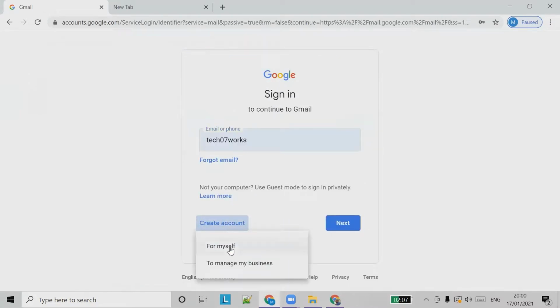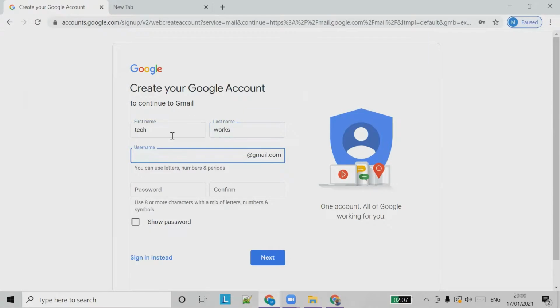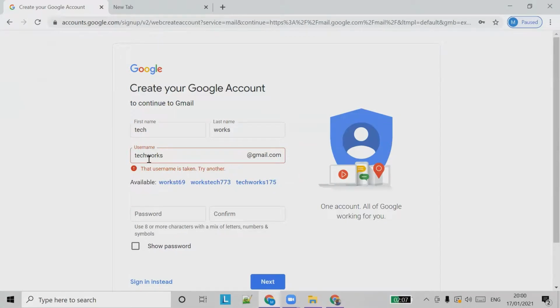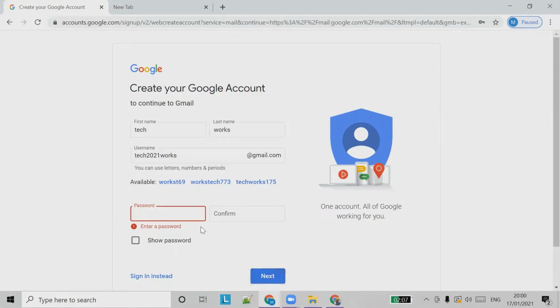Go to create account, click for myself. Give the name, tech works, and see whether the email is available. If it's already taken, you have to choose something else. Okay, 2021, it's available. Then we can give a password, any password, and click next.